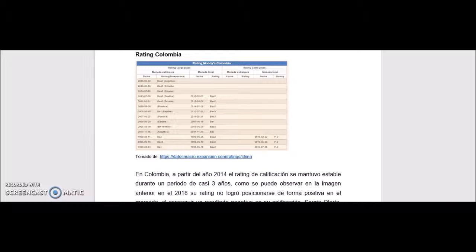Well, now if we make an analysis of Colombia, we have here that from 2014, this qualification rating was stable for a period of about 3 years, as we can see here in the graphic. And in 2018, well, the rating was not positioned in a good way in the market, so it had a negative impact. So, well,